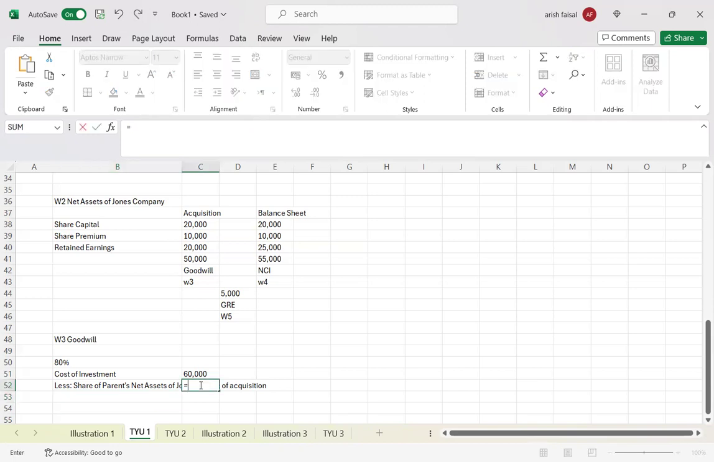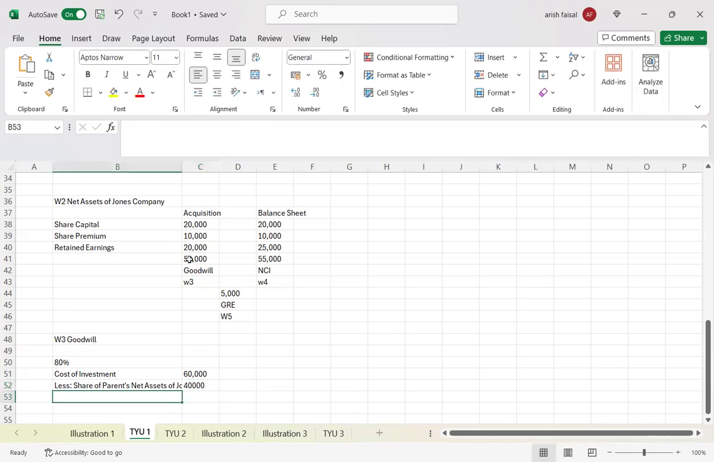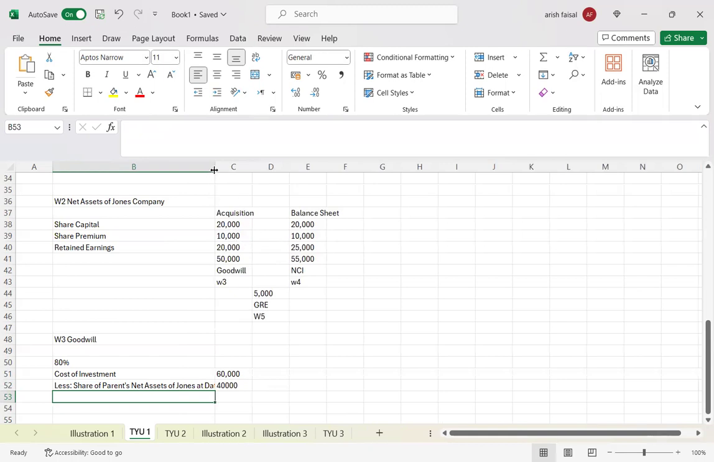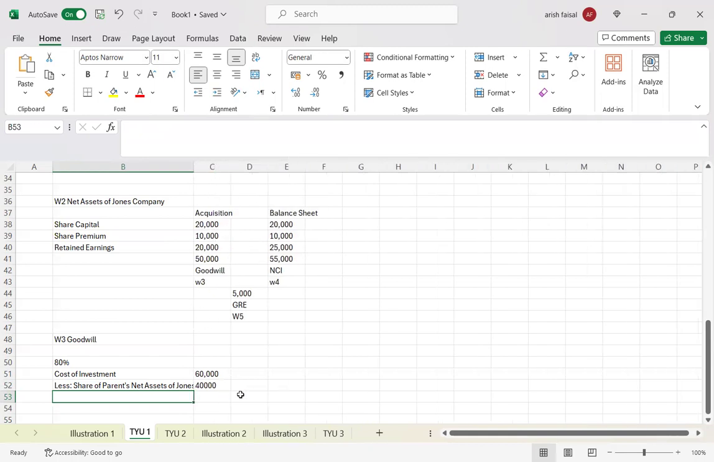So for that, you see the net asset, I told you that this figure will be used while you're calculating the goodwill, right? So 50,000 is the total value of the net assets of the subsidiary, the Jones Company, and we have acquired 80 percentage of it. So 50,000 into 80 percentage, we get 40. So what we have paid extra is basically 20, okay? And that is considered to be the goodwill,